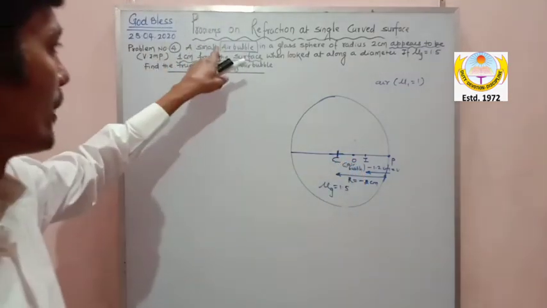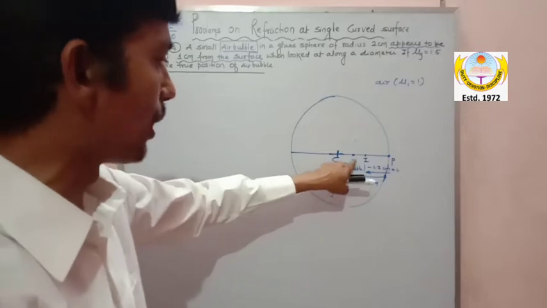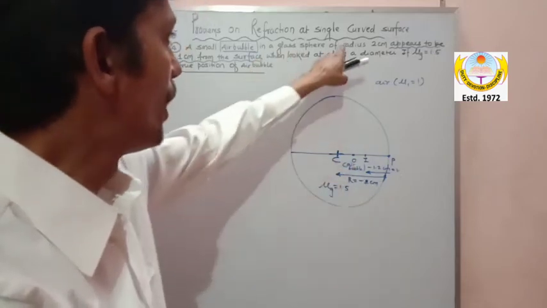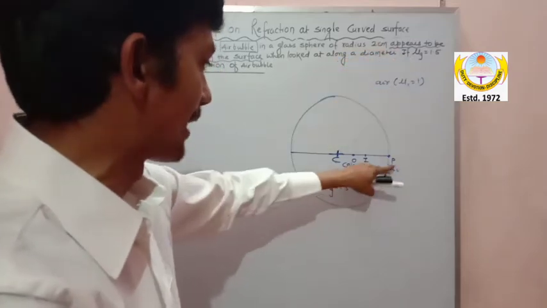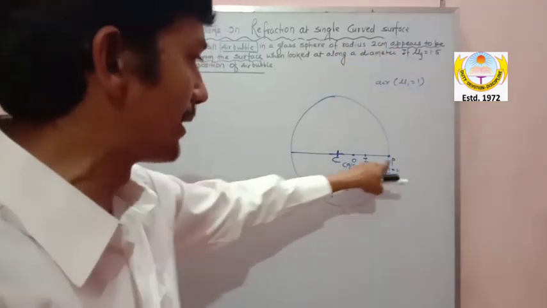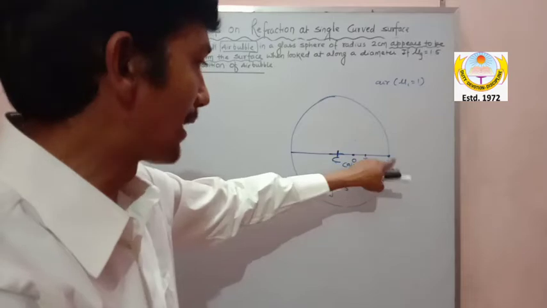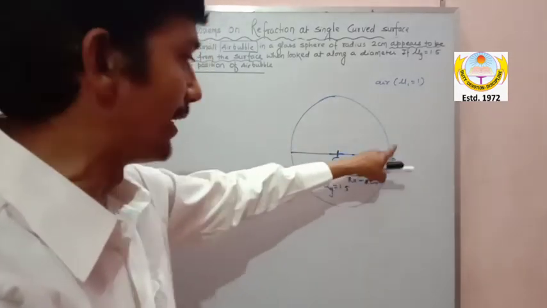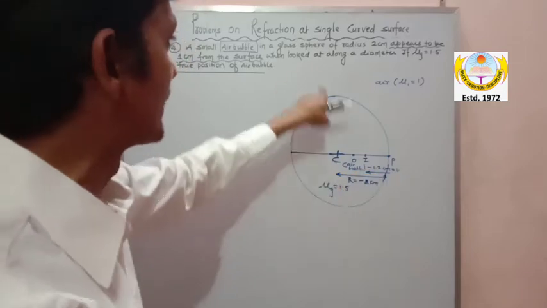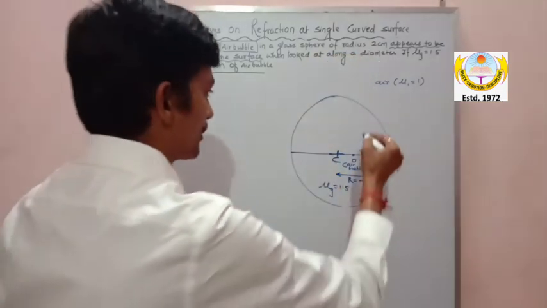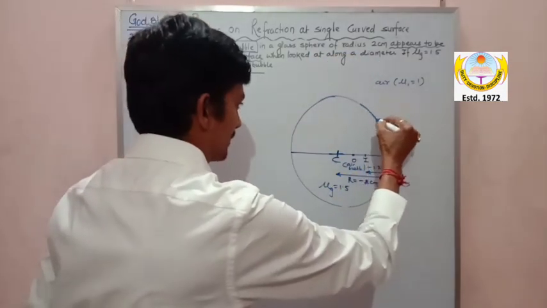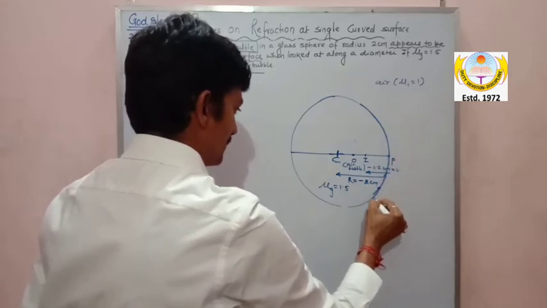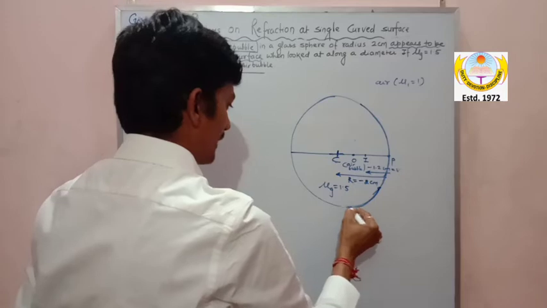So you all understood, a small air bubble in a glass sphere. Yes, sir, it is in the glass sphere of radius 2 centimeter. Sir, you mark the pole here. Am I clear? On this side, if the pole is here, no doubt the radius of curvature is taken as minus 2 centimeter. So this is your refracting surface. This is your refracting surface, my dear.